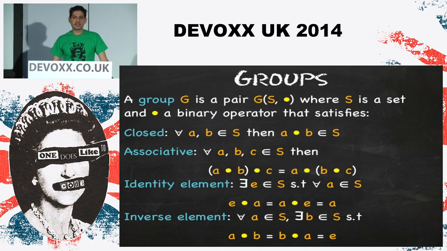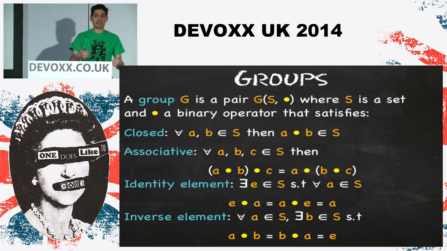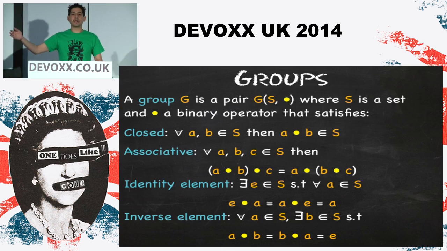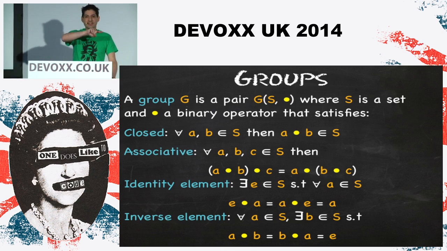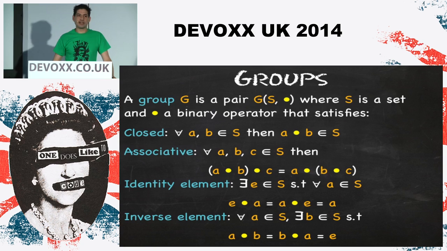So, if we've got the set of natural numbers from 0 to infinity, 2 times 2 is 4. That's inside the natural numbers, so it's closed. You can keep doing that all the way up. If you've got something with a modulo, obviously things start looping back around when it hits the top number. Say if it's doing it modulo 10, then you go 0, 1, 2, 3, 4, 5, 6, 7, 8, 9, 0, 1, 2, 3, 4, 5, and it would just keep looping around like that. So then you still get this closed property.